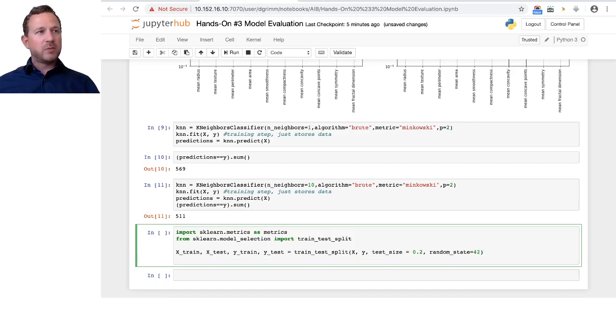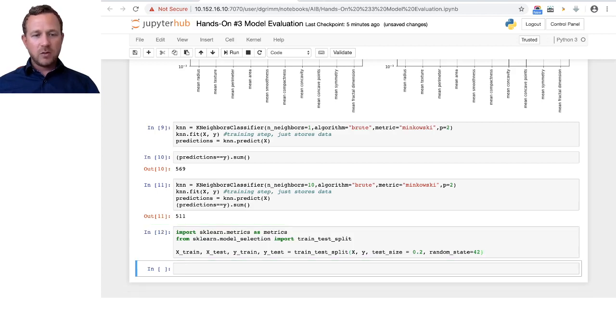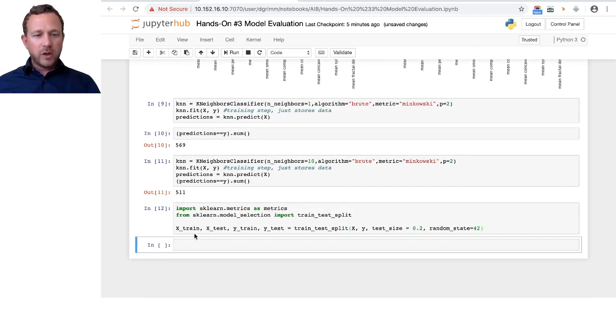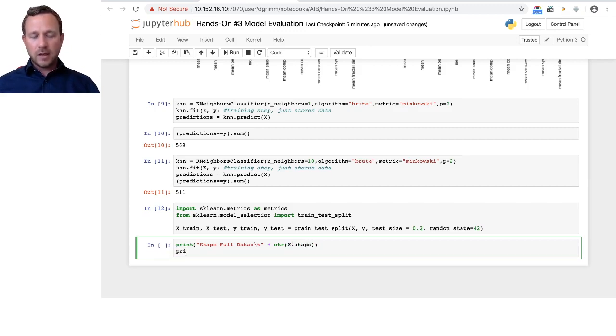So we now split the data here, and if I execute this, we see, okay, it worked, we didn't get any errors, and now we can look at the shapes of this data. So therefore, let's print again the shape of our full data set. The shape of our full data is equal to plus str, the original data set, x.shape. And now let's look at how large the training data is. So the shape of our training data